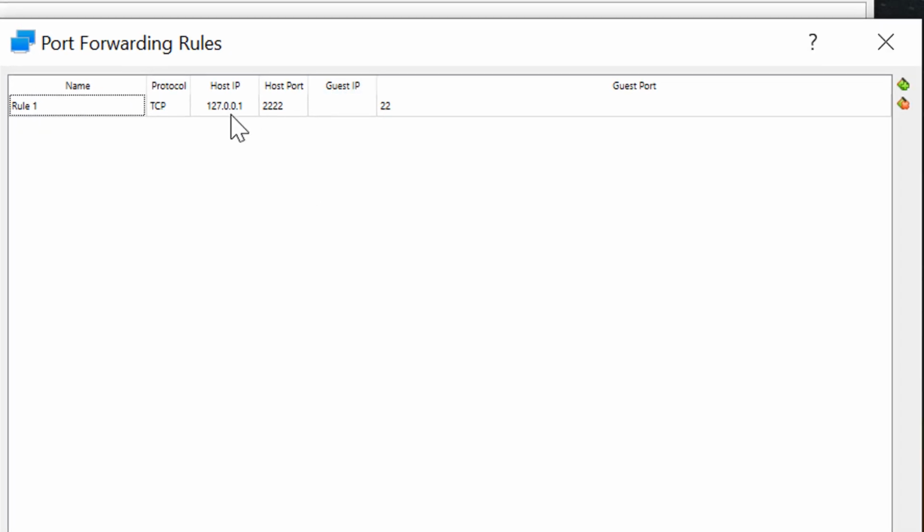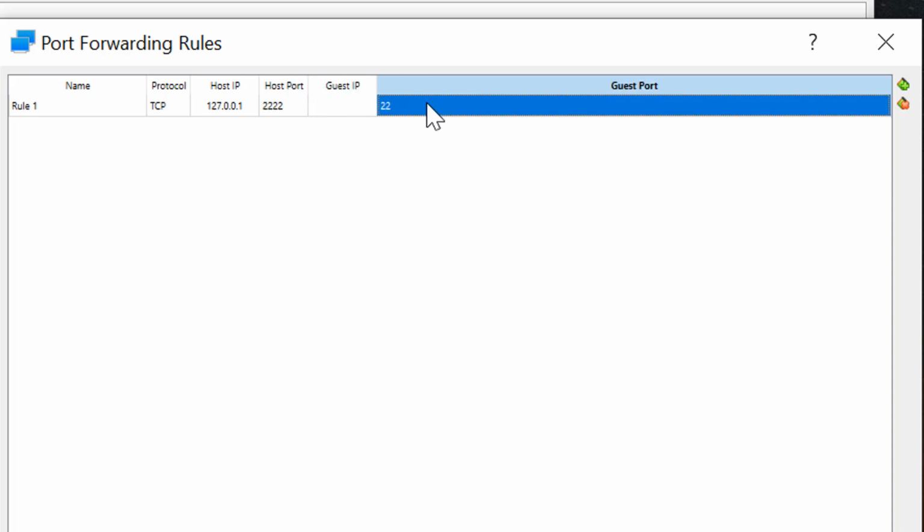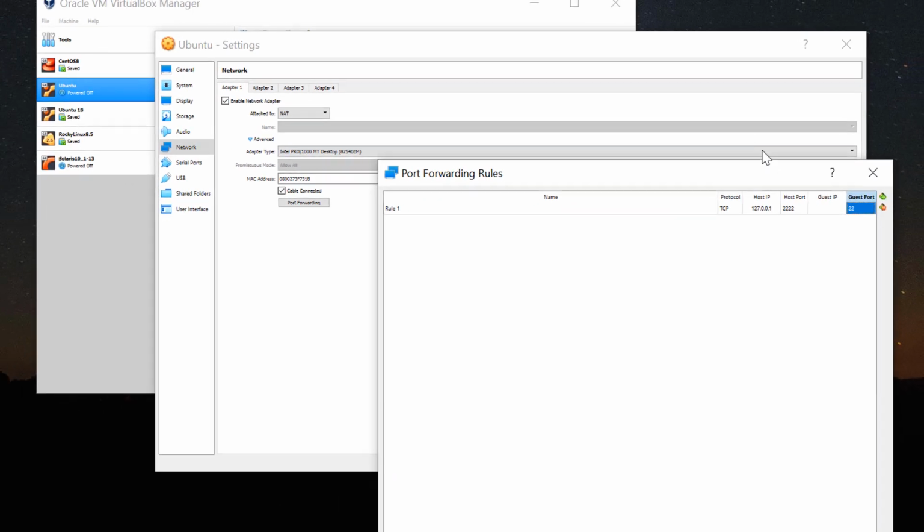In here, you do not have any line yet, so you add a line. Keep the protocol as TCP. For the host IP, you type in 127.0.0.1. Host port, put in 2222. Guest IP, leave blank. And guest port, keep it as 22, type in 22. So after you put in this row,